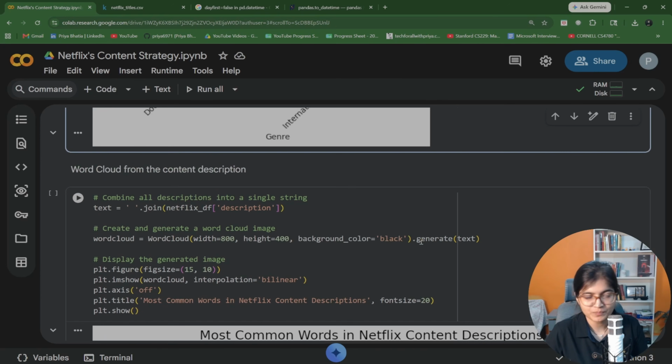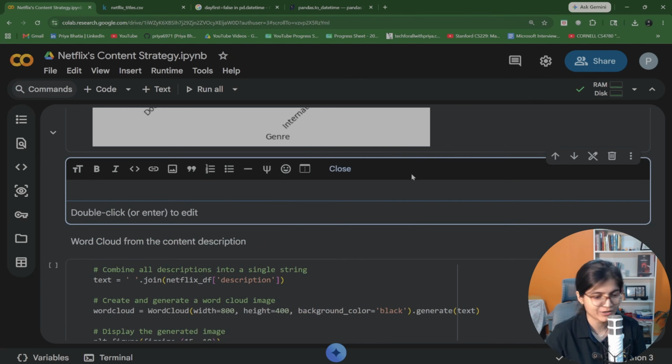Let's talk about the last part. Do you remember in the starting of the session I told you that we can create the different words in a given image? So how can we create it with the help of a word cloud? Let's try to see how it could be possible. But before that, if you want, we can write a proper insight for the same as well. So as per the given insights of the outliers, we can mention that